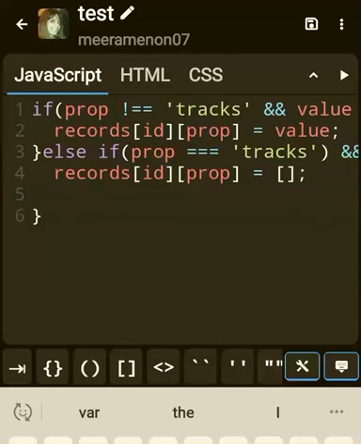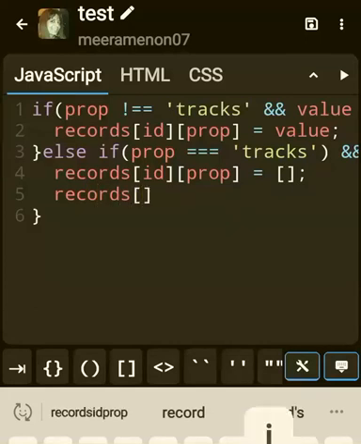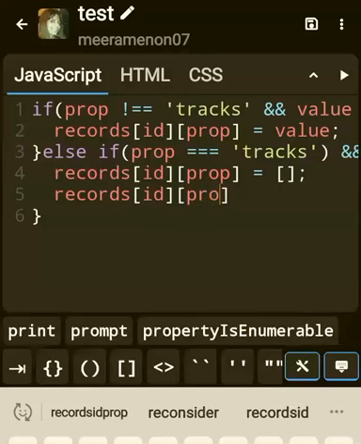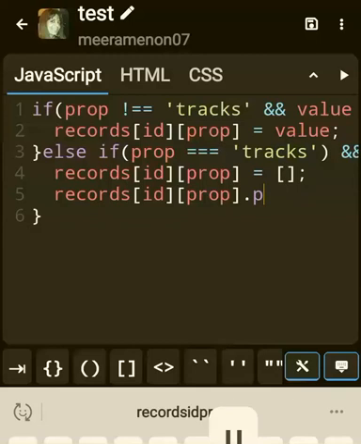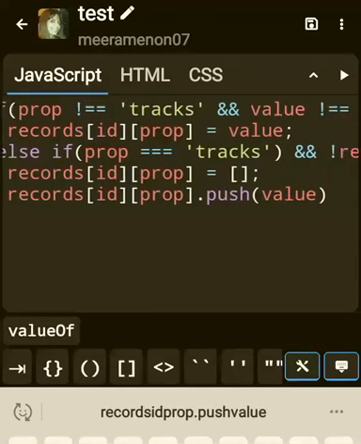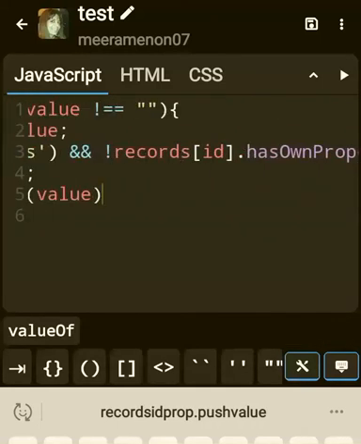So first create an empty array. Next what do you do? Add a value to it. So how do you add a value? Remember push. So records ID prop equal to an empty array first. Then for this particular empty array, records ID prop dot push, add the value to it. Simple. How do you add a value? By pushing. I've already done a tutorial on push, so you can refer to that. I'll include a link in the description below as well.